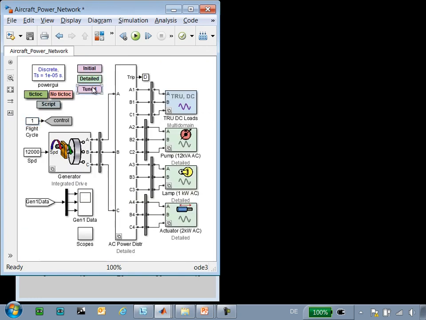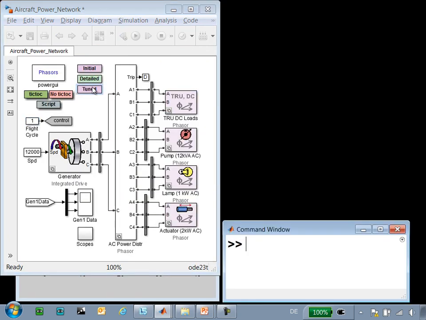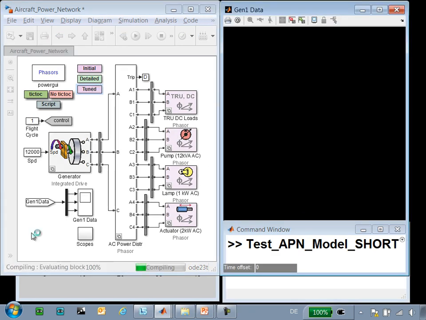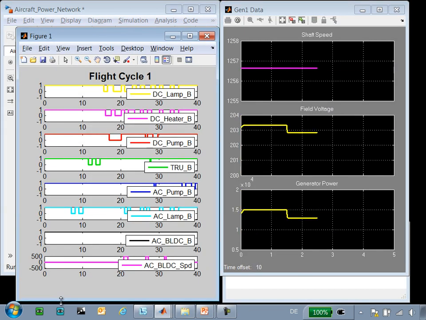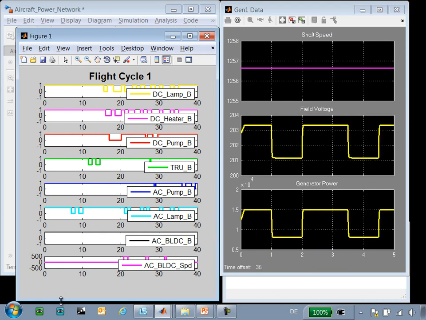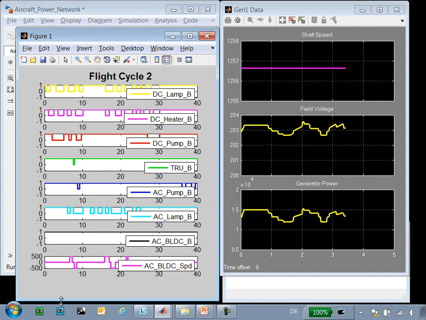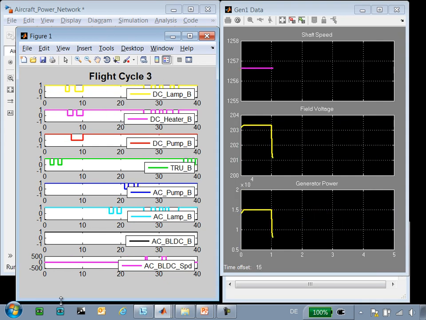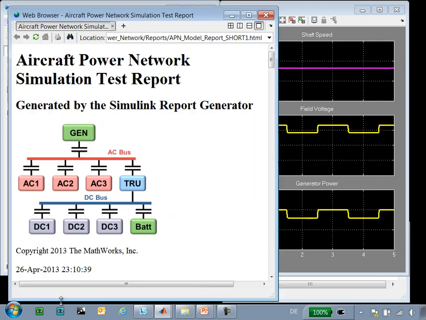If we configure our model for the abstract version, we can use this script to run this model and test it against 3 different flight cycles. So you can see we are running flight cycle 1, which tests the system under varying conditions. We'll then automatically configure the model to test with a different flight cycle and rerun. And at the conclusion of these 3 tests, we'll open up a report that shows the results of these tests